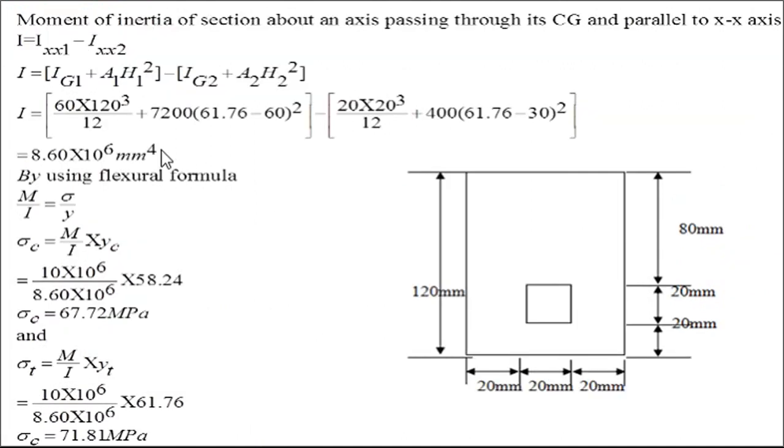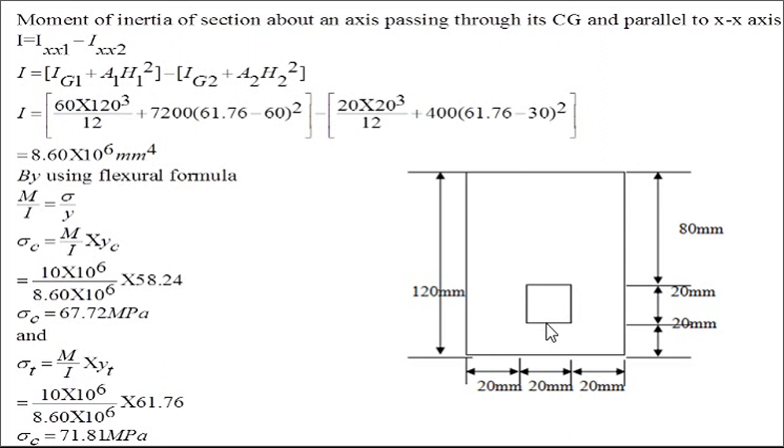After that, we have to calculate the moment of inertia of this particular cross section. For moment of inertia also you have to use the same equation. Okay, for the bigger rectangle it will be BD cube by 12 plus A1 H1 square, because it is not a symmetrical section. So you have to use the parallel axis theorem. So MI of the bigger figure minus MI of the smaller figure. So what will be the MI of the bigger figure about xx?